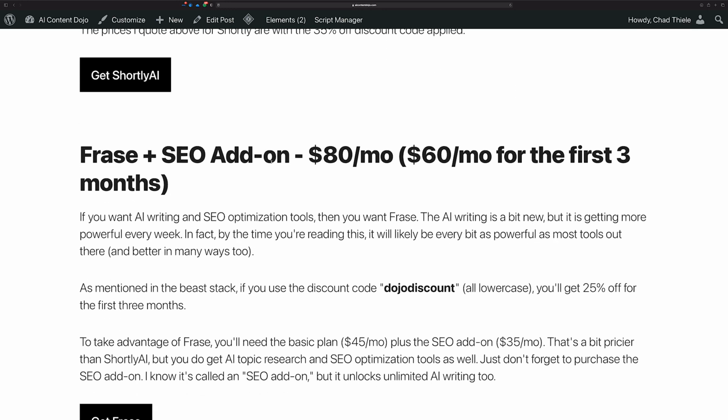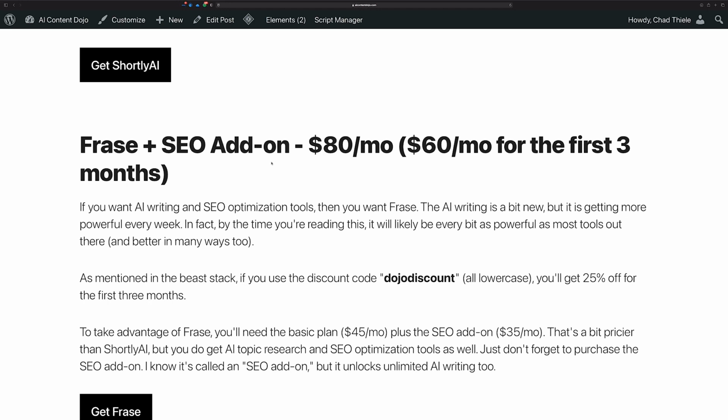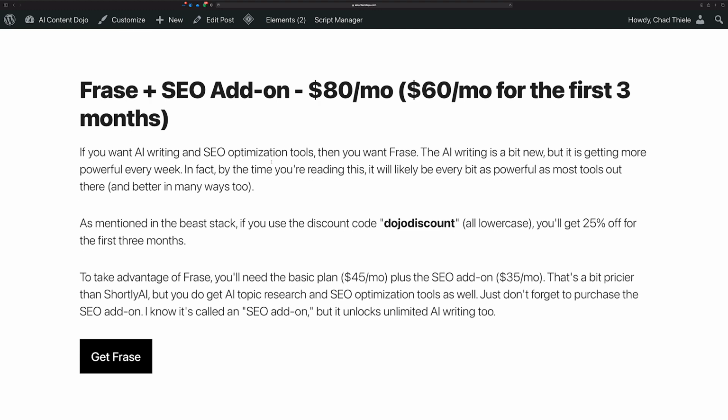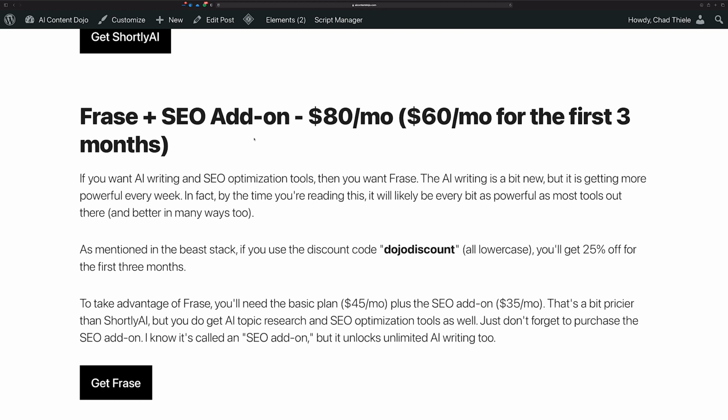Phrase I discussed in the beast stack section, where in this case for budget purposes you would pick the Phrase Basic with the SEO add-on, and by default that comes out to $80 a month. It's a bit more expensive than picking just Shortly.